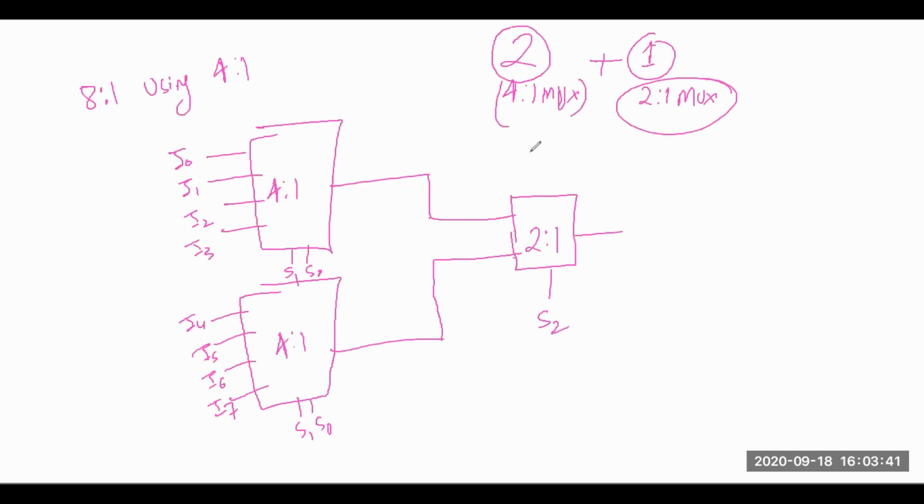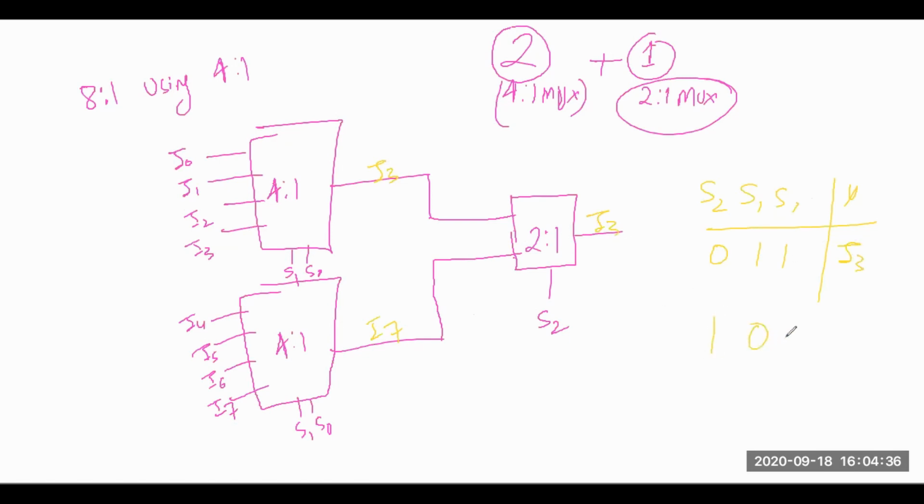So this also I can verify, similar to the previous case, by considering some values of S2, S1 and S0. I am taking 0, 1, 1 as my first case. So what will be my value of Y if I take S2 0, S1 and S0 1 1? Here I will get I3, here I will get I7. And if I take S2 as 0, I will get I3 here. So I will get I3 as my output, which is correct for this combination, 0, 1, 1. The decimal equivalent of this one is 3, so basically I need Y equal to I3 if it is an 8 is to 1 multiplexer.